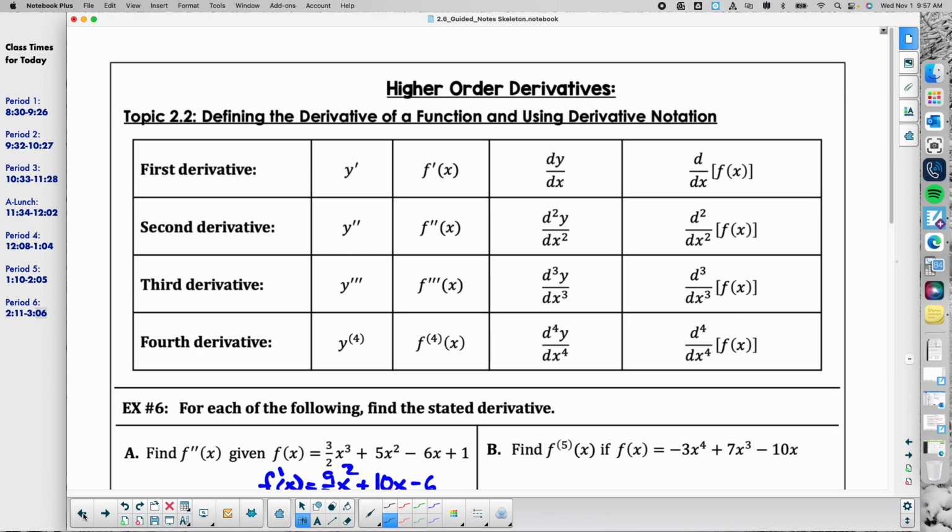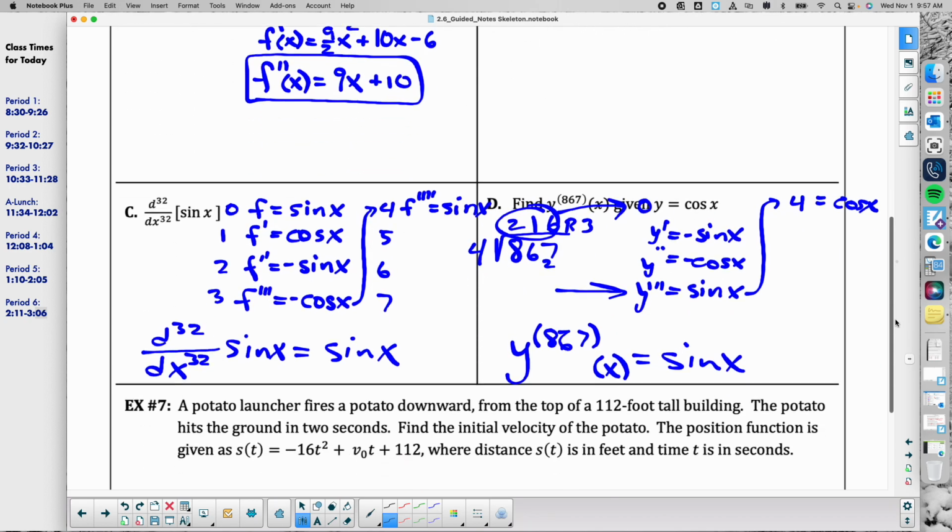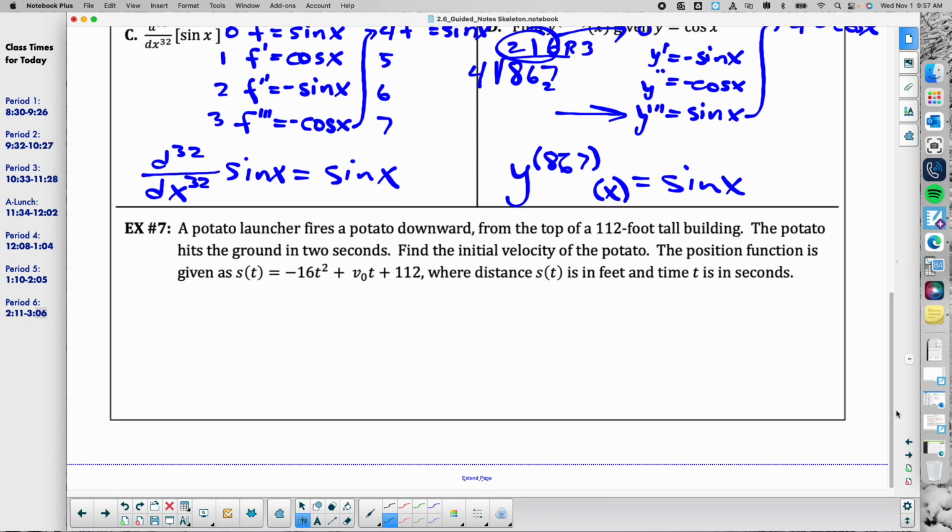Okay, I wanted to show that first because there's a question here that talks about position, and then it brings up velocity without saying anything about how to figure